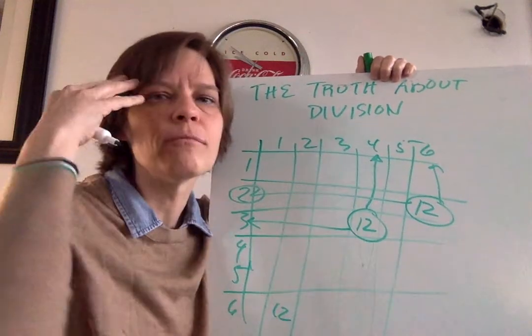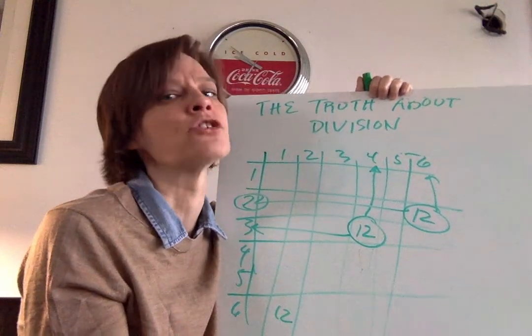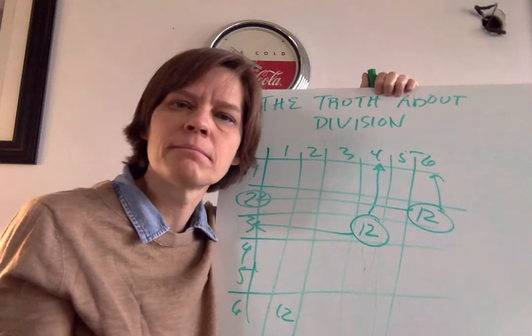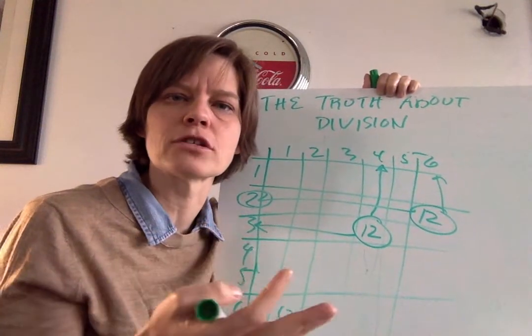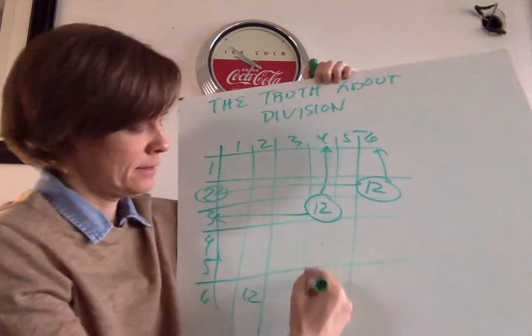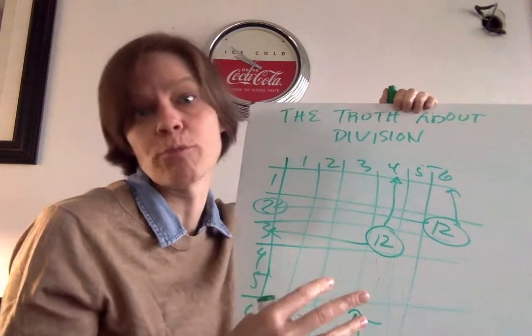Now we have to kind of mentally think about our cookies again. We have 12 cookies and 7 children. How is that even? And that's where we get fractions, right? And most of us learned fractions from the idea of pie, and not this pi. Not the math pi, but the actual pie.